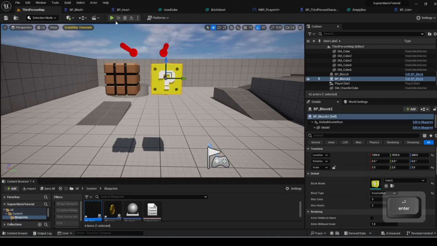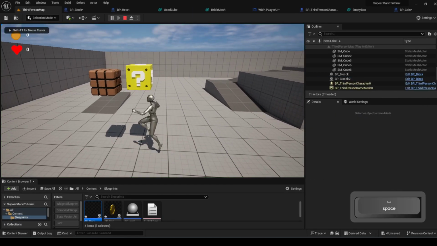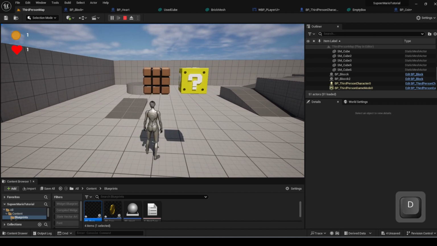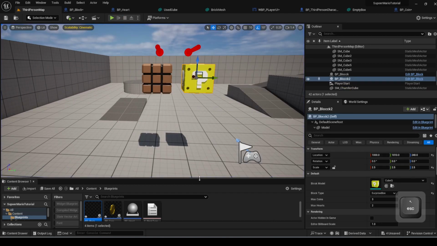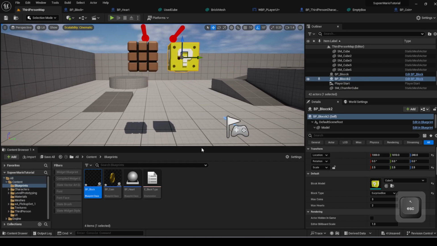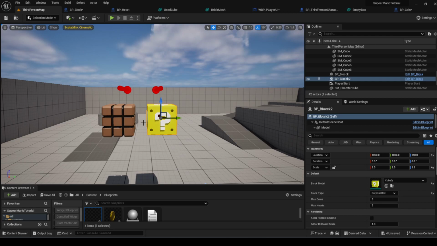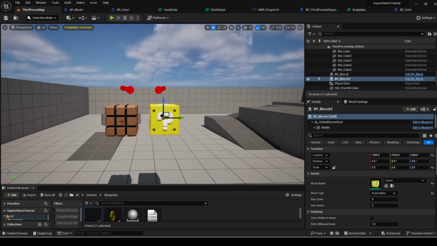Now let's check it out. All right, great. So we created the blueprints, we fixed our code, and we have two types of blueprints